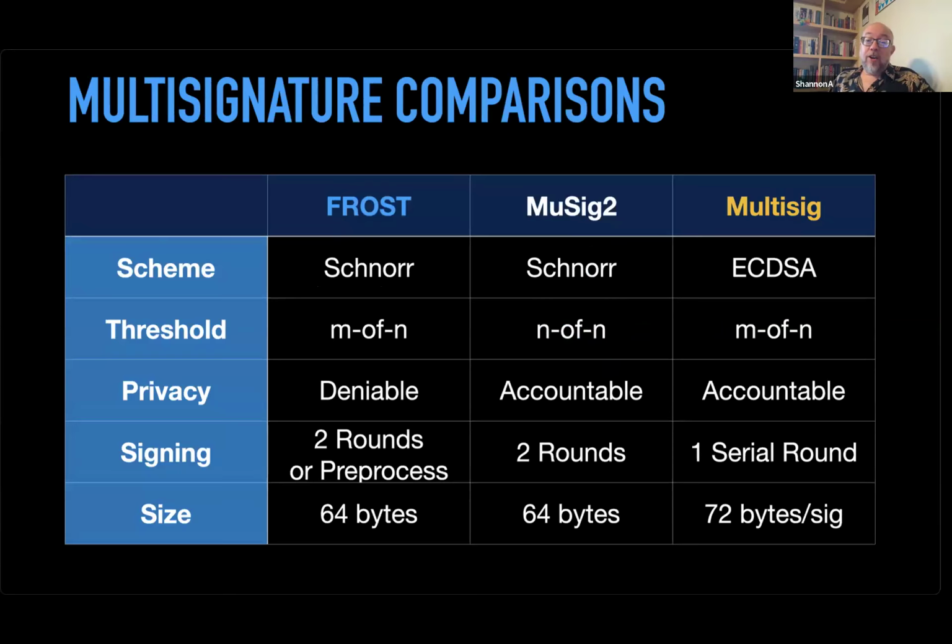So here's a look at all three signature methods in a chart. I think the really important thing here is the size. You've got 64 bytes for Schnorr signatures, period. Well, classic ECDSA for Bitcoin, it's 72 bytes for every signature. Now, obviously, that's going to be a difference in what you have to pay for a transaction if two or